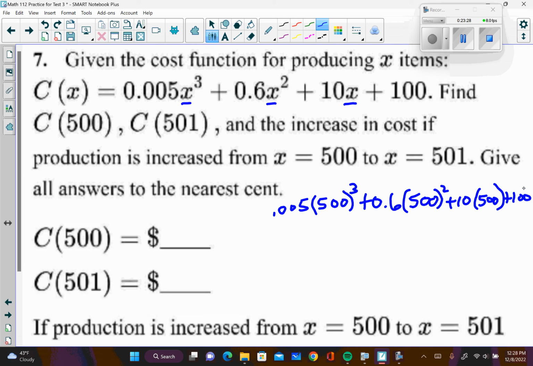I'll just put all of that in the calculator: 0.005 parentheses 500 close parentheses raised to the third plus 0.6 parentheses 500 close parentheses raised to the second plus 10 parentheses 500 close parentheses plus 100, and we get